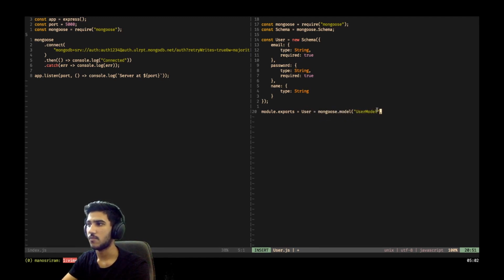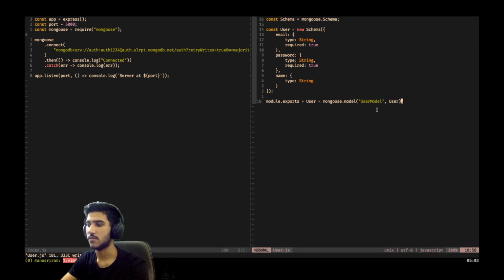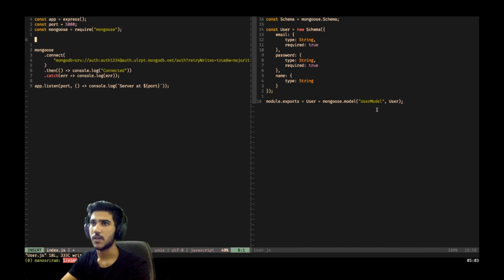It's a user model. And what is this user model here? Which is the user above. So this is our schema here. So we can come to this index.js and we can import our user, the same user, equals requiring that file.